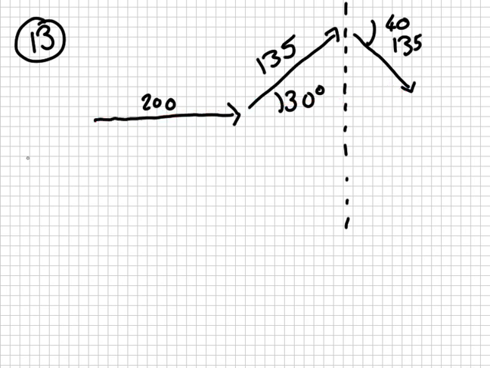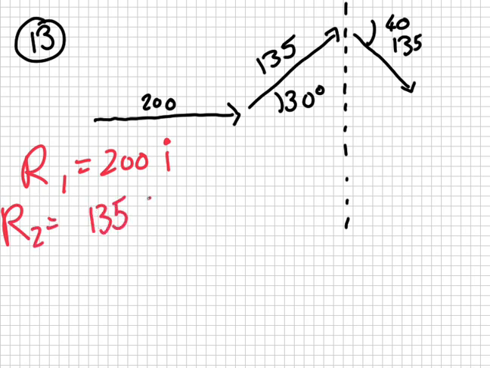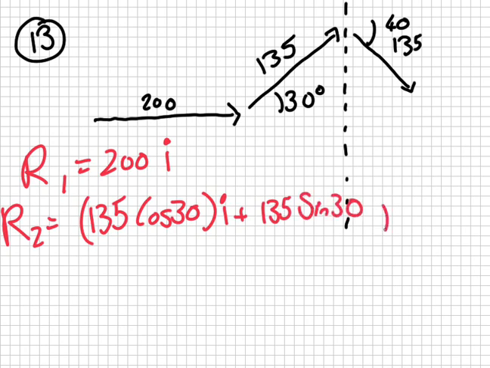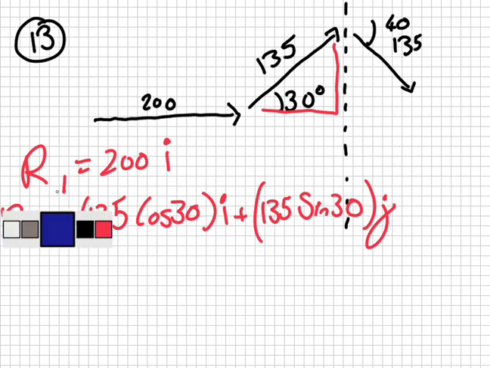Okay. So the first vector, R1, that would be 200i, right? Yep. R2, that would be 135 cos 30 i plus 135 sine 30 j. This piece and then this piece. Okay. Now, just to be clear, there's a different color. R3,